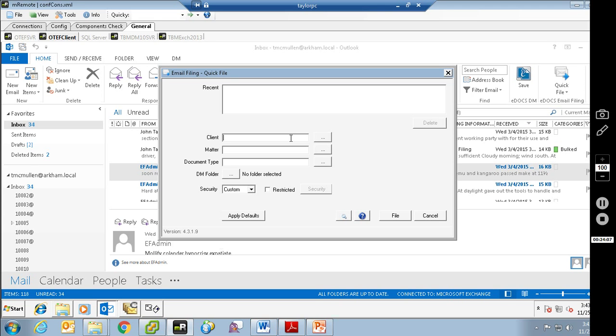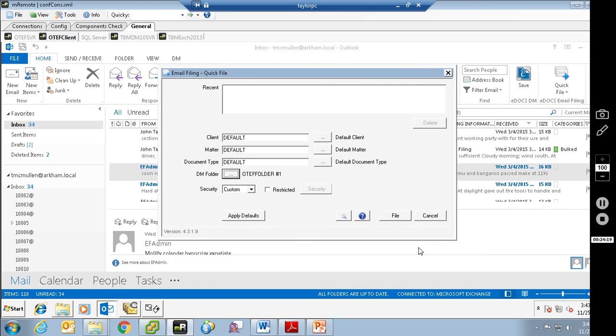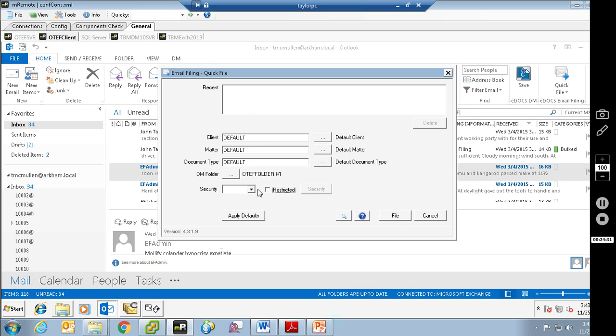So we're going to come in here and choose our default client, default matter, and default document type. If I wanted to add it to a DM folder, I certainly could. In fact, let's do that just to say we did. We'll add it to the good old OTEF folder. I'm not going to add any security to this, but I certainly could if I wanted to. In fact, there's not a lot of people in my environment to add security for, but here's how you could do that. Apply defaults if you want. If you've got profile default set, you can hit that and it'll apply your profile defaults. And if you hit file,